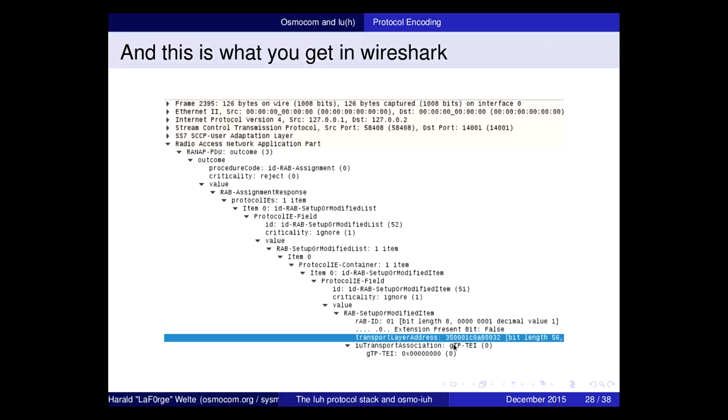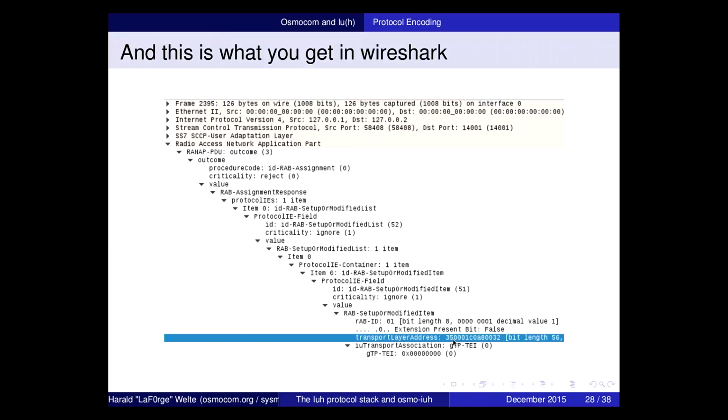And in case you're wondering why the IP address has such binary crap in front, it is because it's too difficult to express in ASN1 that this is an IP address. You could not just define a type for an IP address. That would be too simple. No, you need to refer from this specification to another specification, another 3G specification, which then refers to ITU-T X213, which tells you how you can encode any possible transport layer address in any possible network protocol on the planet by using a hierarchical structure like OUI IDs or something like that.